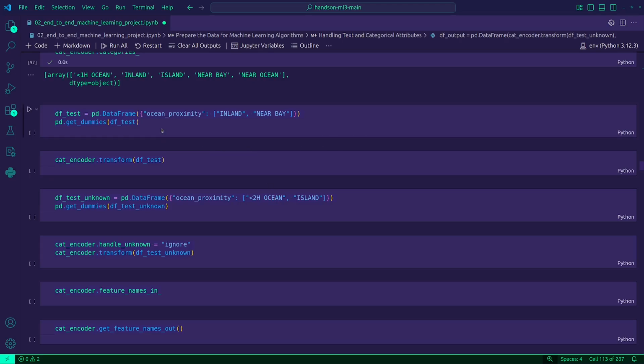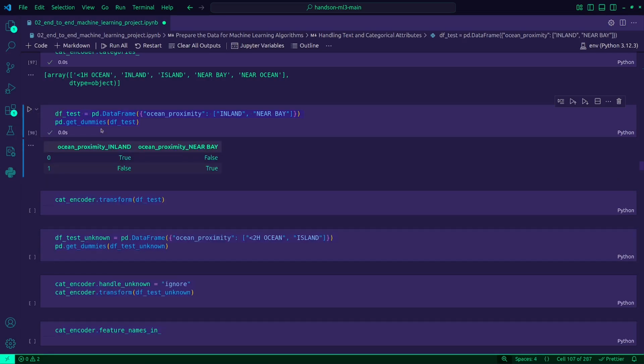All right, let us also go over these snippets of code. What we've done here is that in the first line, we created a small test data frame. We are creating it with two known categories from our training set, inland and near bay. And then we are using something similar to one-hot encoding.